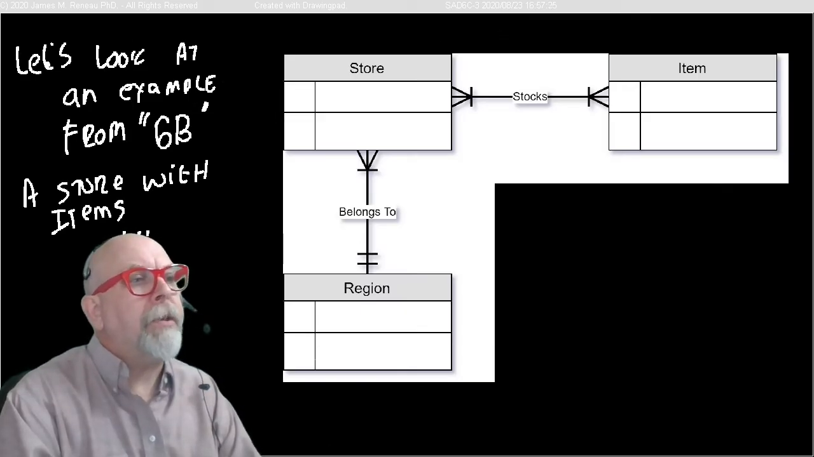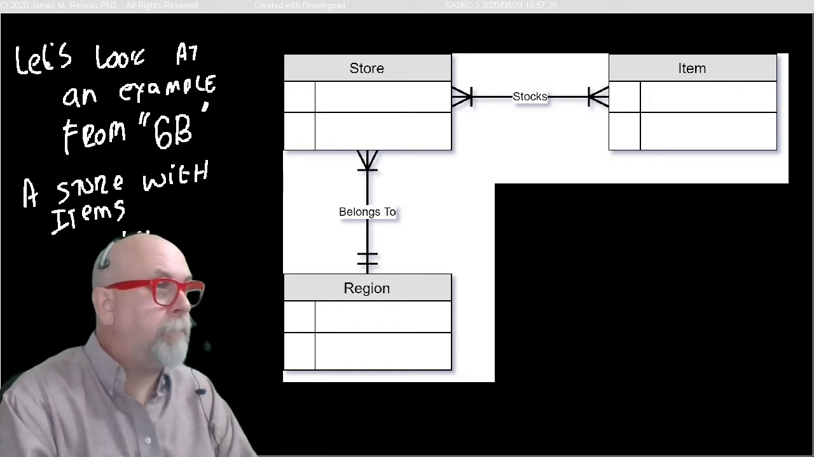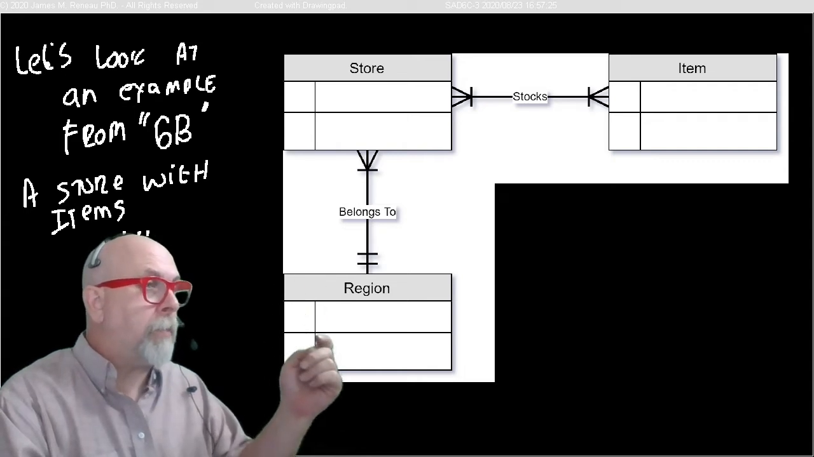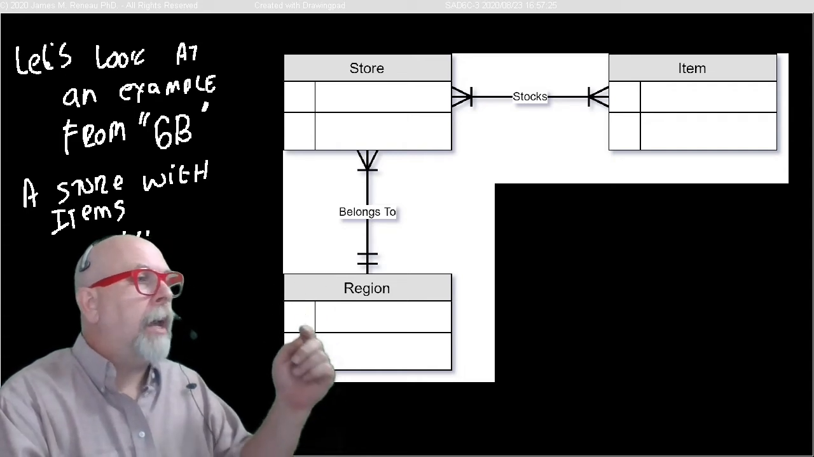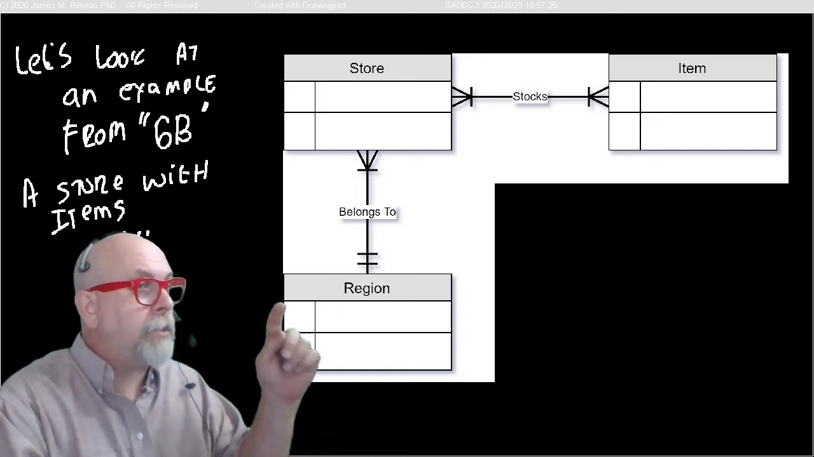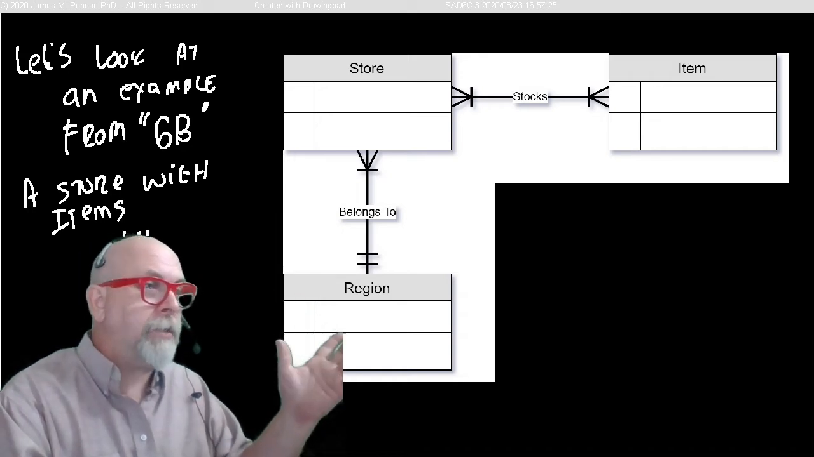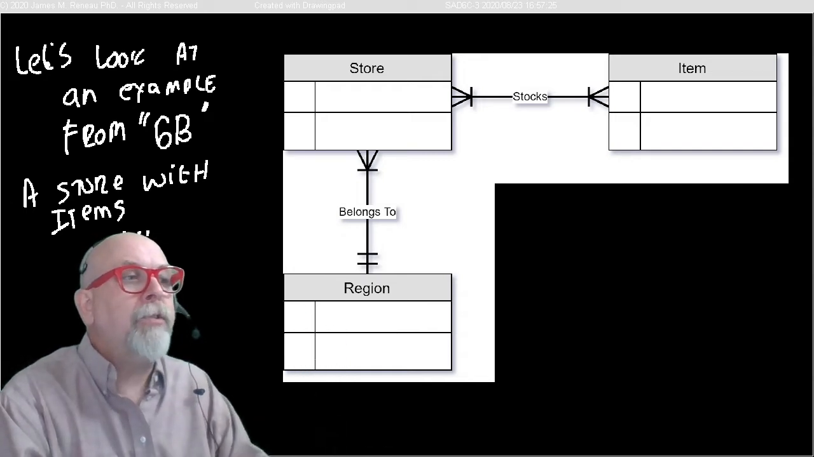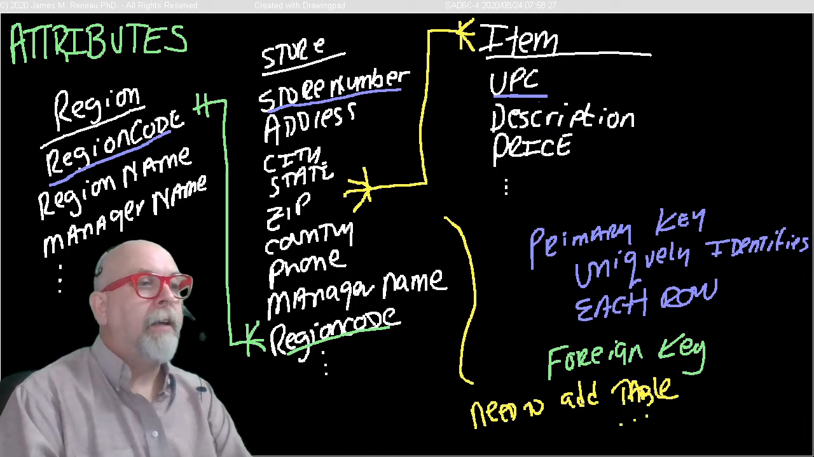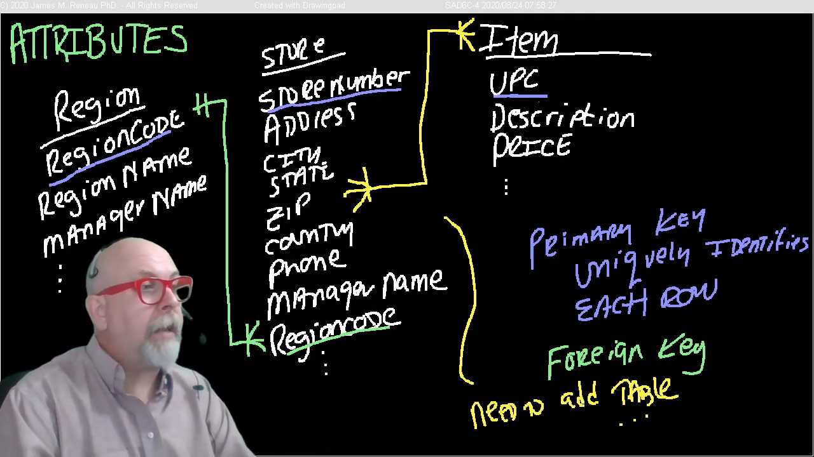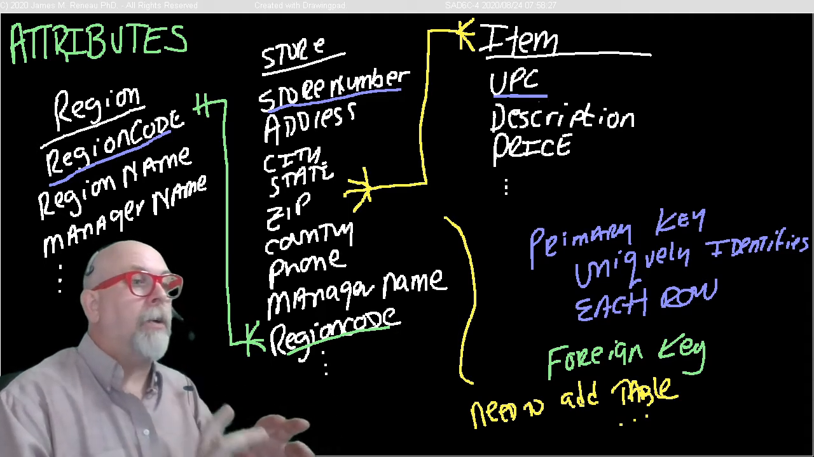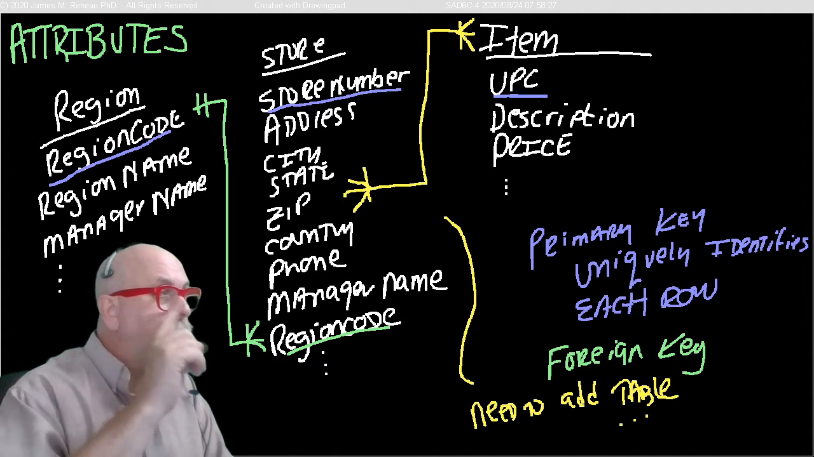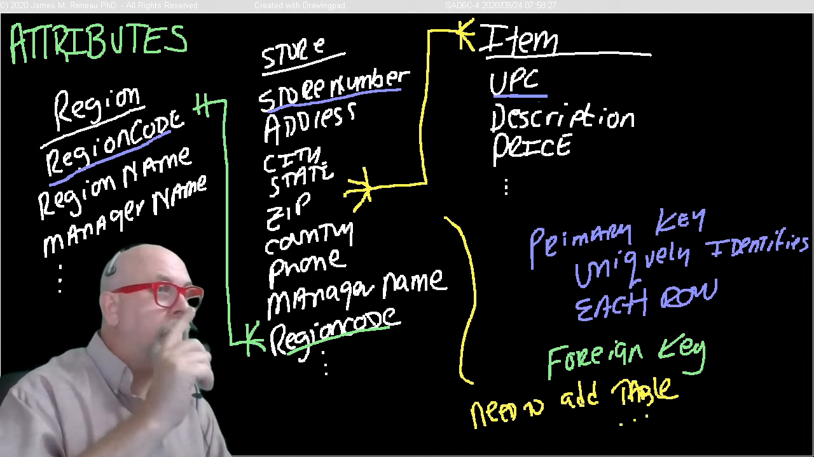So here's the example that we had from video 6b, where we have a region that has many stores, and a store belongs to one and only one region. An item is stocked in many stores, and a store stocks many items. So let's take this subject area model and move into the logical data model. This slide is quite complex, but I'm going to walk through each and every piece of it, so don't freak out yet. Let's look that we have our three entities, region, store, and item,